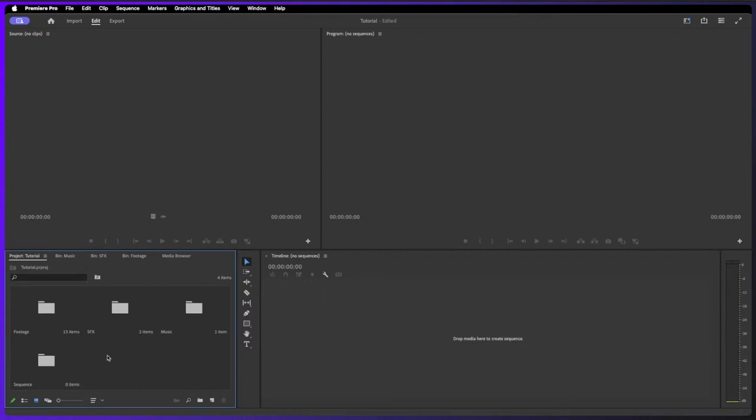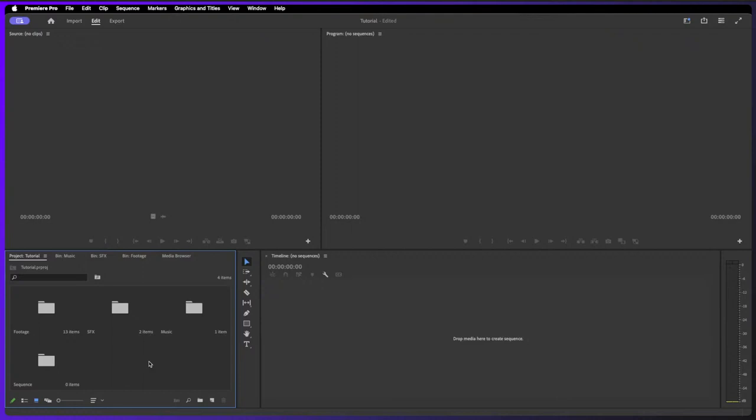So there's a few different ways you can create sequences. So sequences are essentially the sequence of clips that we edit together in order to create our video. These sequences we can see in the timeline panel. At the moment, we have no sequences, as it currently says. There's a few different ways you can create this. I'm going to show you the easiest way to create it, but I'm also going to show you a way